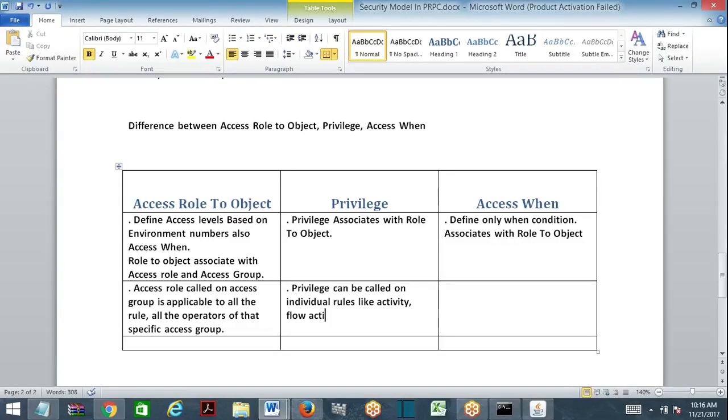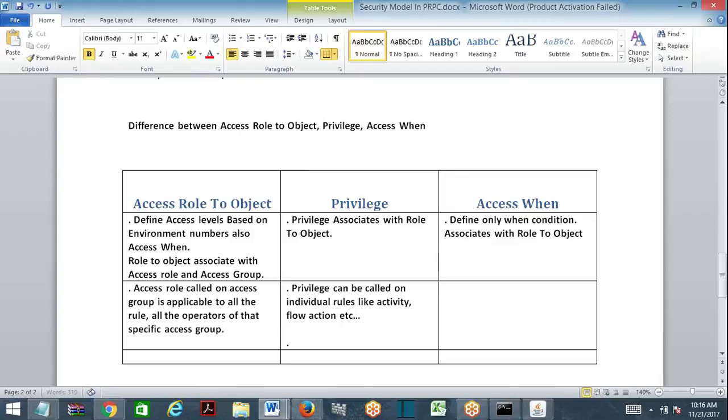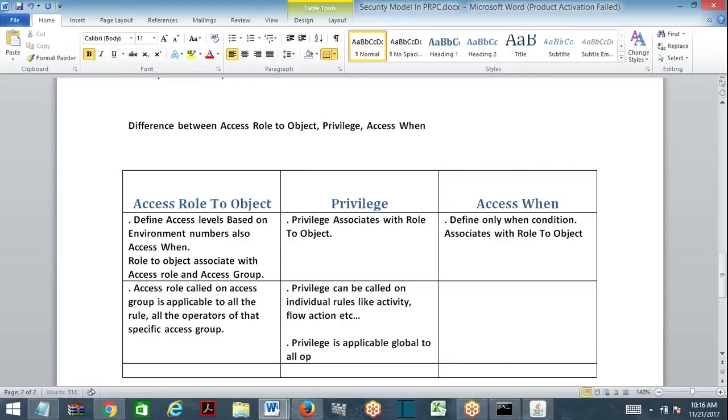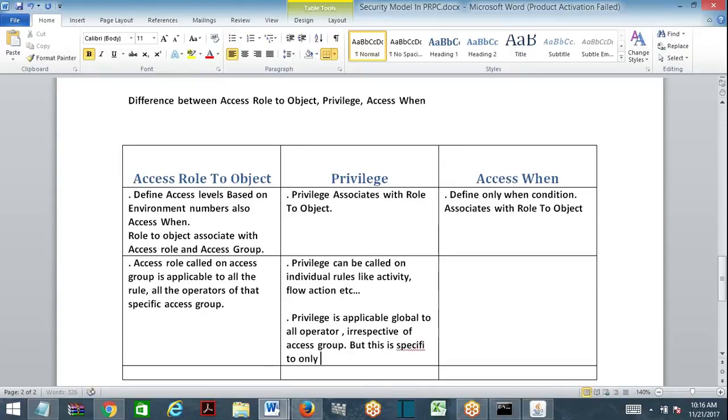Now tell me, privilege is applicable globally to all operators irrespective of access group, but it is specific to only the rule on which we call it.